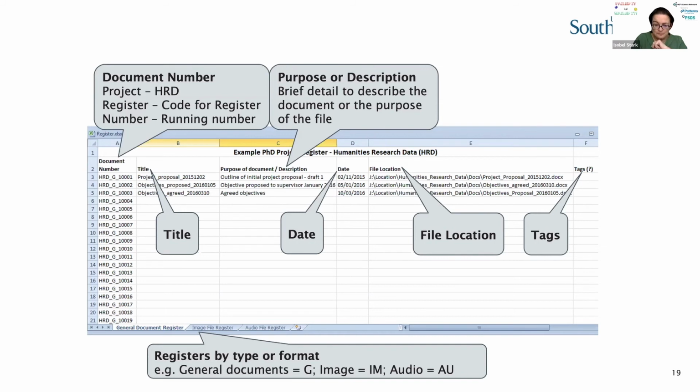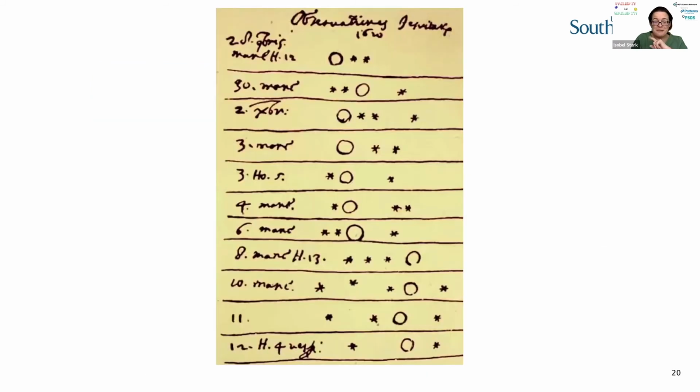So, and I've just realised there is a problem with this because, of course, I can't see chat anymore. I was going to ask if anybody knew what this particular piece of scientific data was. But I think with 47 of us, it's going to be a bit difficult to get the answer. So I'll just have to tell you.